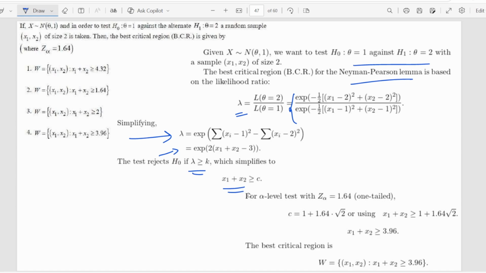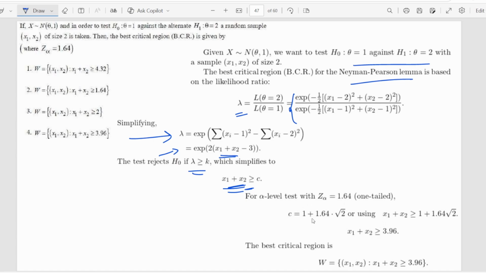quantity, the sum of the two random variables, is greater than or equal to some other value appropriately, because the likelihood ratio is an increasing function of x1 plus x2. So this is how we can infer that the critical region is going to rely on these two and will be of this form. Now, for this implicit one-sided test,